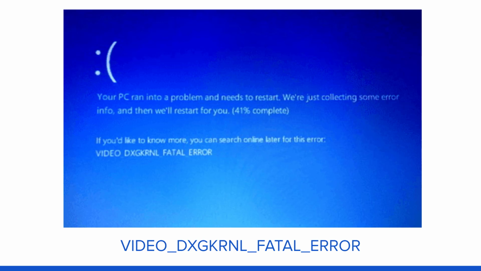But I have updated my drivers and couldn't solve this error. If I work on something, the blue screen comes up and I have to restart my machine. So let's see how to solve that problem.